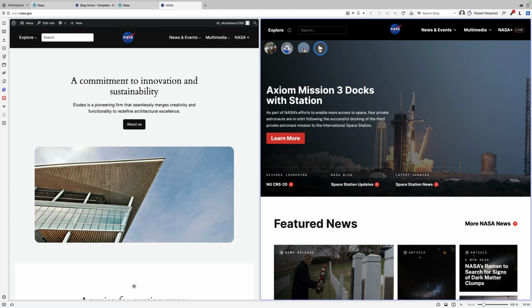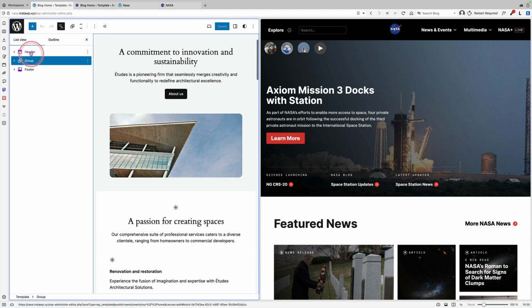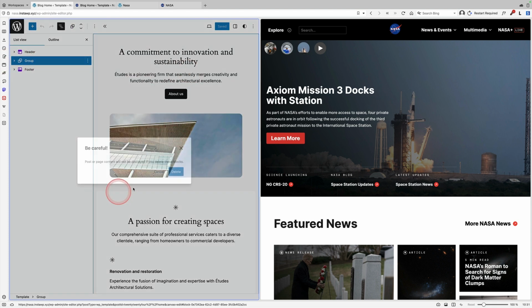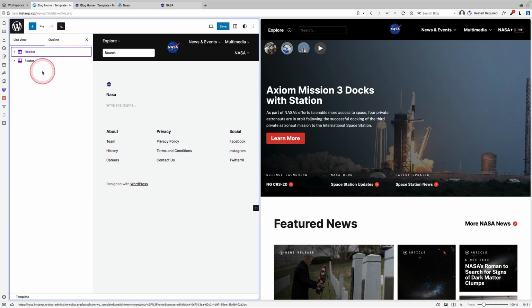So I'm just going to create this as a static hero section. I'm not a huge fan of sliders anyway. So I'm going to go edit site, and you'll see here we've got the header, which I've just created. Underneath there, I've got just a group block. I'm going to delete the whole thing. So basically this will let me start off with a brand new page.